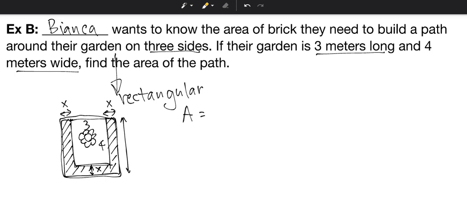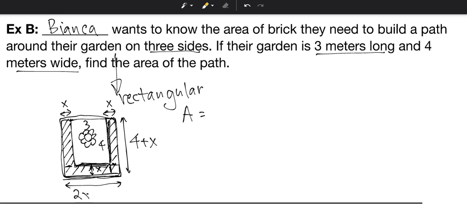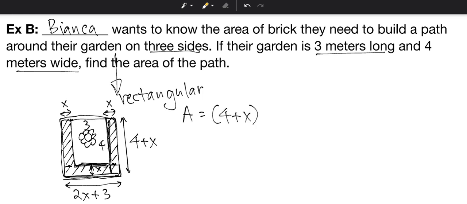So this part is going to be 4 plus x, right? This part's 4, and then this is x, so that's 4 plus x. And this long part is going to be 3 plus 1x and another x, so 2 x's, so 2x plus 3. Okay, so the area is going to be the big area, 4 plus x, times 2x plus 3, and subtract the little area, which is 3 by 4. So 3 times 4. Okay, so I'm going to do my FOIL,